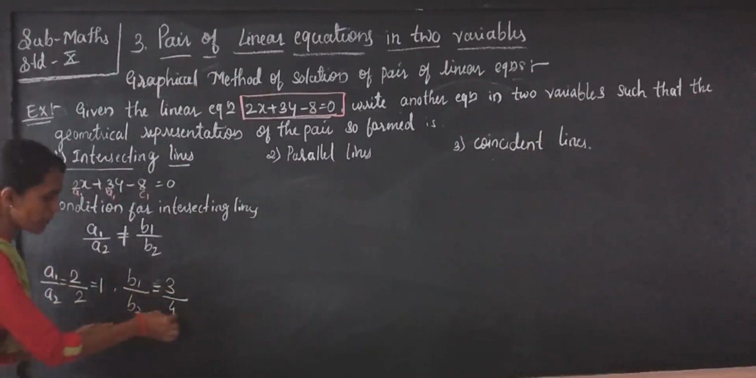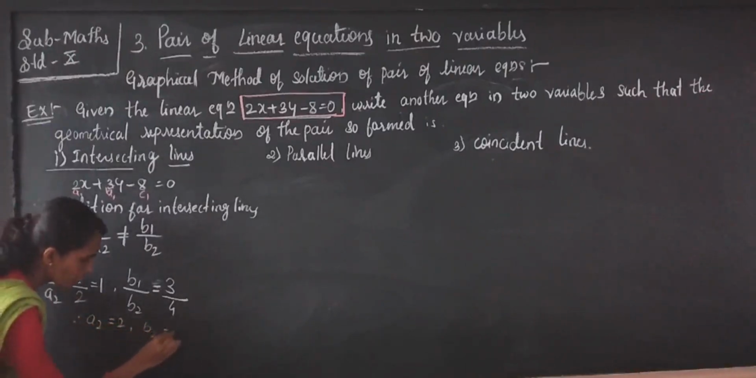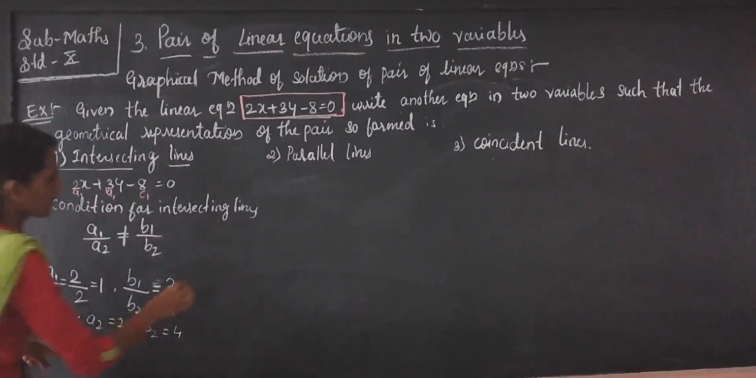So we have taken B1 as 4, and therefore A2 as 2 and B2 as 4. Then C1 by C2, you can take 8 only, otherwise any different. C1 by C2 need not become equal, so whatever you can take. Therefore the equation is